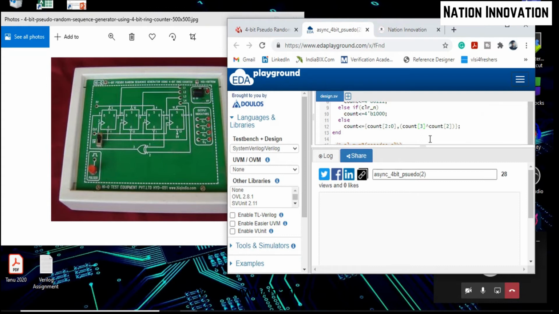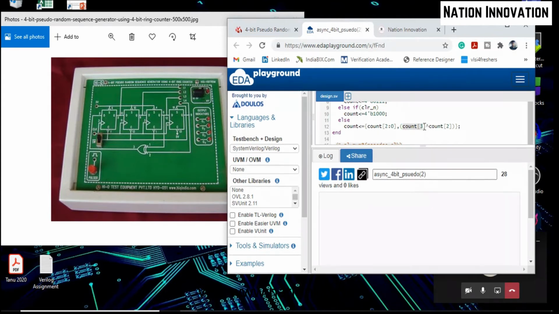So what will occur? The 3 bits are here, and by performing the XOR between the output of this flip flop and the output of this flip flop, they produce 1 bit, because we are using XOR, which is a bitwise operator. Sir, the XOR bit will be the MSB, the first one?